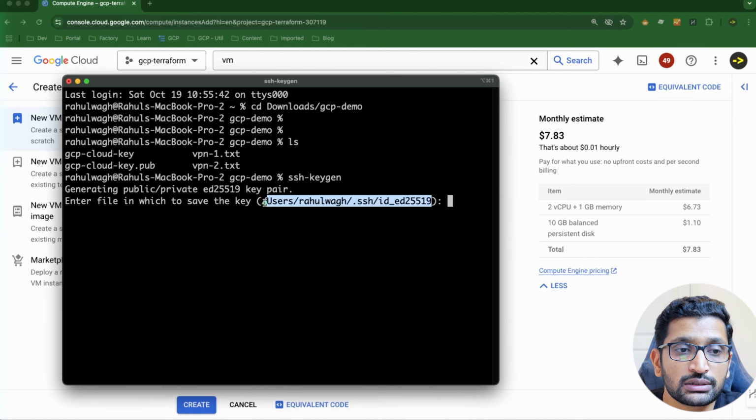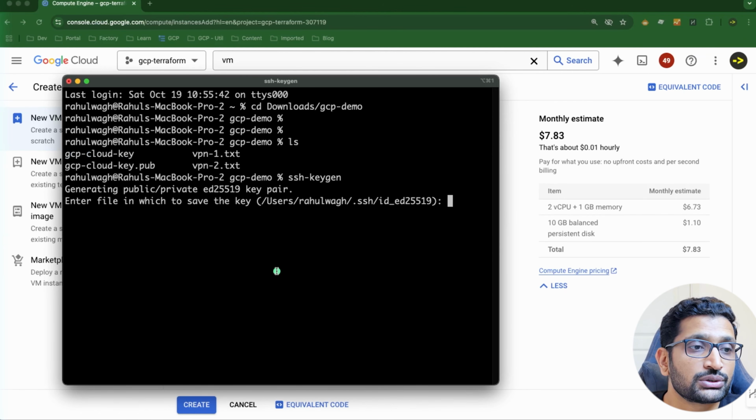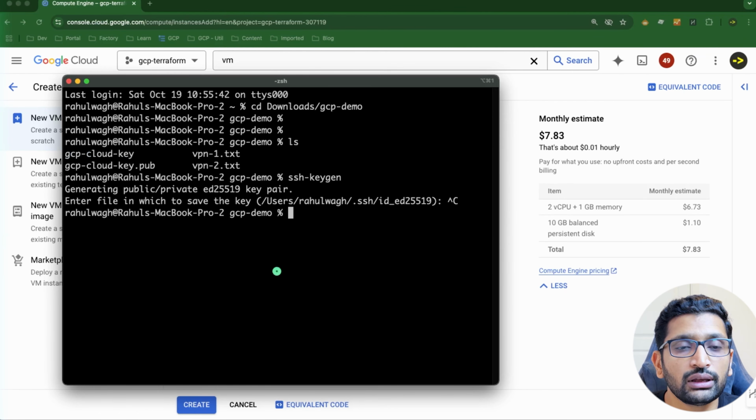So here at this particular path, which might be different for you, it is going to generate the SSH key for you, and then you can put a name, and then you will get 2 keys with this particular command. So that's the input for you to generate the key. But anyway, I need to